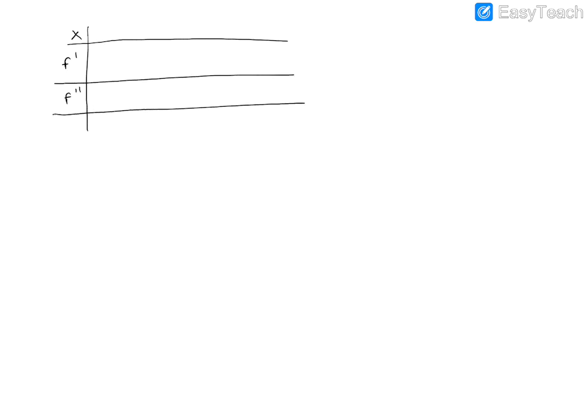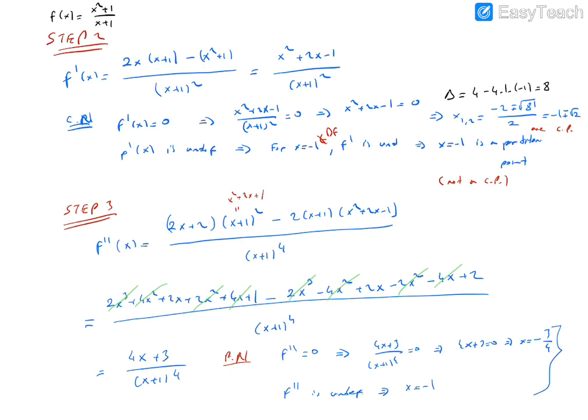This is x, f prime, f double prime, and behavior of the f. What are our points? Let's look. For the f prime, minus 1 minus square root of 2, minus 1 plus square root of 2. Minus 1 plus square root of 2 is bigger than 0. This is positive. Minus 1, actually at the point minus 1, the function is undefined, and minus 3 over 4. Which one is bigger, minus 3 over 4 or minus 1 minus square root of 2? Okay, we should decide.